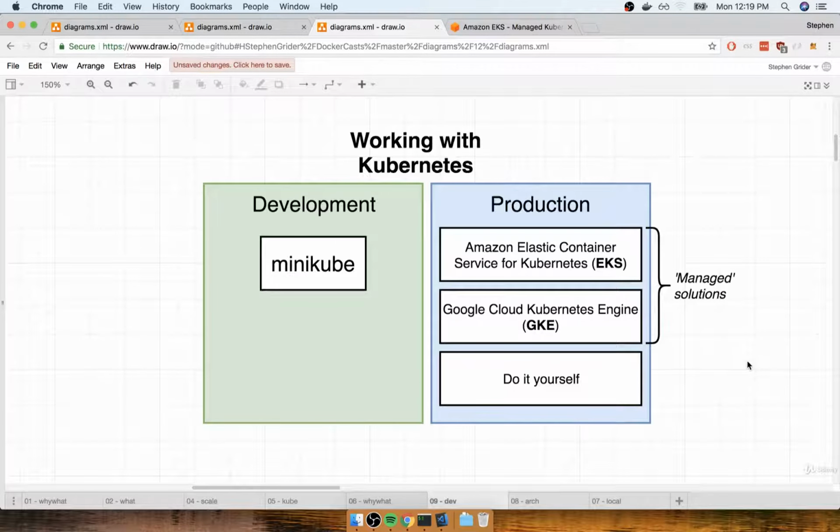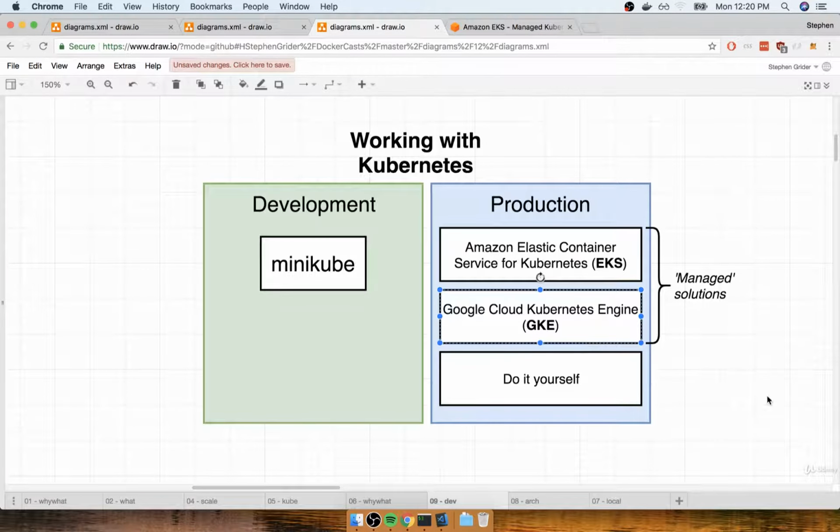When we start using Kubernetes in a production capacity, we very frequently make use of what are called managed solutions. Managed solutions are references to outside cloud providers such as Google Cloud or Amazon AWS that will set up an entire Kubernetes cluster for you and take care of a lot of very low-level tasks that are required to get everything working the way you expect in a secure fashion. And so if you're making use of Kubernetes on AWS, you would be making use of something called Amazon's Elastic Container Service with Kubernetes, which is abbreviated as EKS. And if you make use of it on Google Cloud, you would be making use of something called Kubernetes Engine,